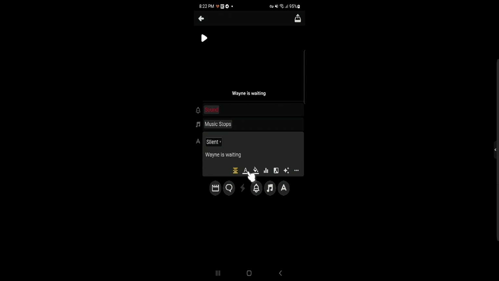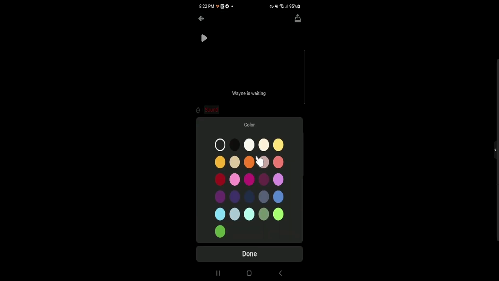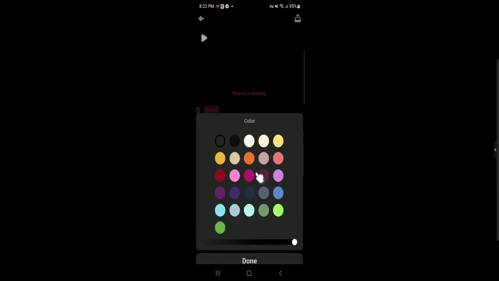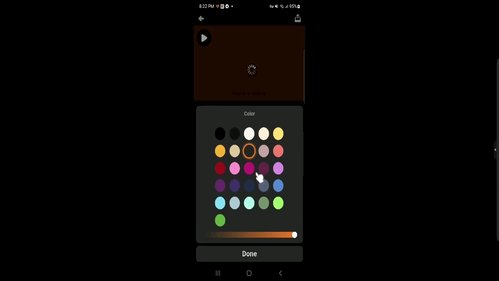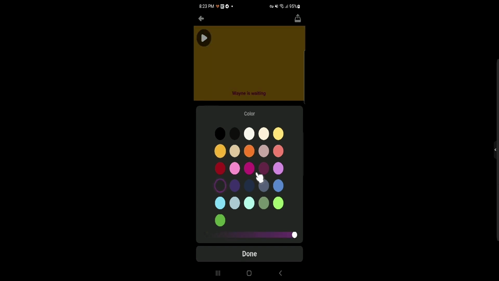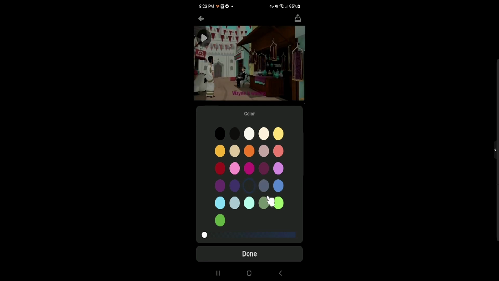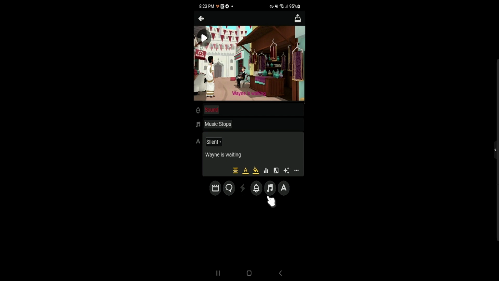Next, you can change the text color like this one. Next, again, this is the color of the text, the background of the text, or you can change it to transparent. This one, the volume, and done. Next,